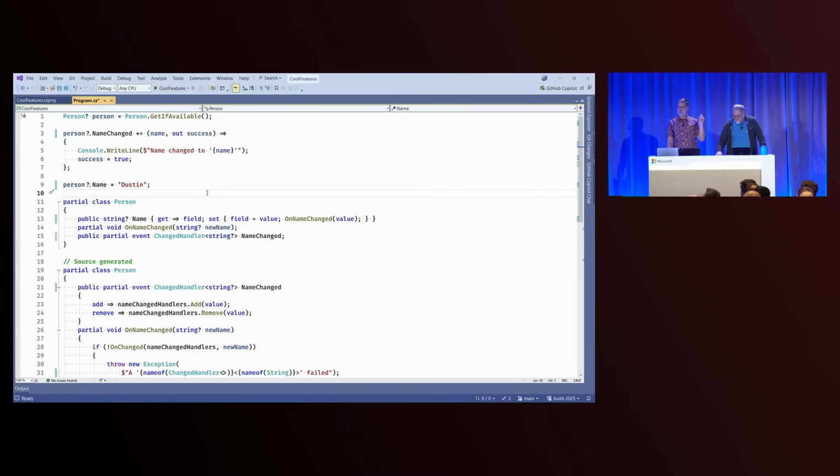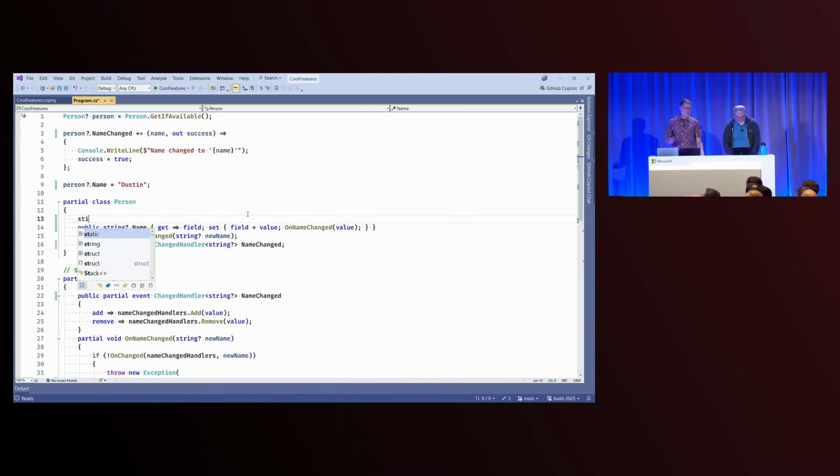There's a little niggle that we have to talk about, which is that when you actually do implement them both, this is actually legal C# syntax today. There could be something called field in scope. You could have had this, right? So there is a little bit of a language breaking change here that we have to own up to, which is that field changed its meaning from referencing an existing thing to now being a keyword in its own right, a contextual keyword saying right here it means the generated thing.